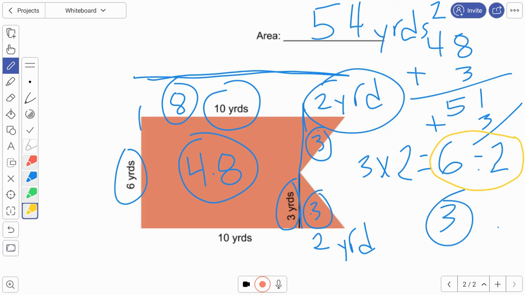So for today's problems, there are going to be about 4 of them. Your job is to work through them and try to solve them the best that you can, breaking these complex shapes down into smaller, manageable shapes. Okay? Good luck. Do as many as you can. If you get to one and you are stumped, we will take a look at it tomorrow when you're in class or at your